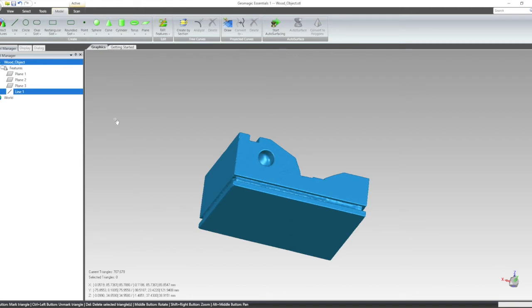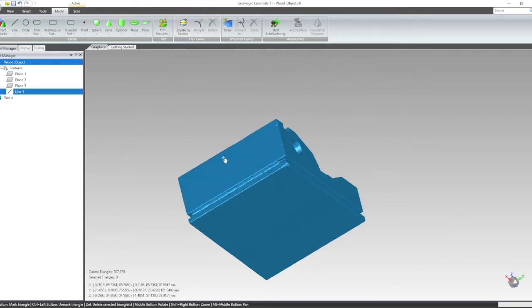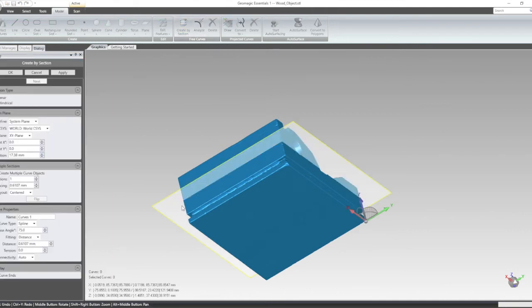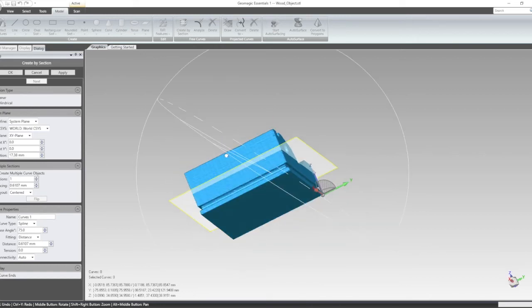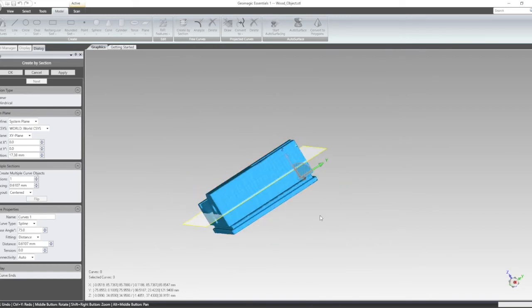So the next function I want to show you is to create sections. It is quite useful also to import it to Solid Edge later. We will show you in another video, but here we can show you how to create it and what options we have. If I click on it, it directly jumps into the function,